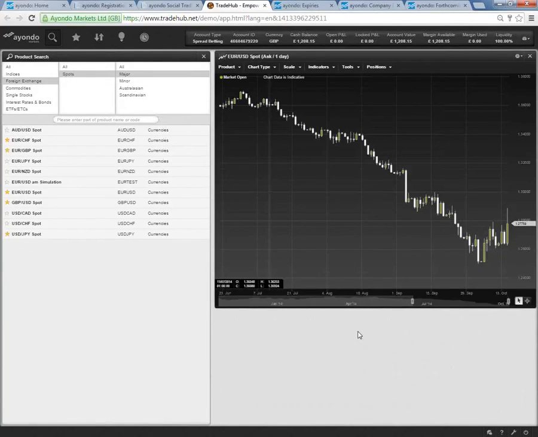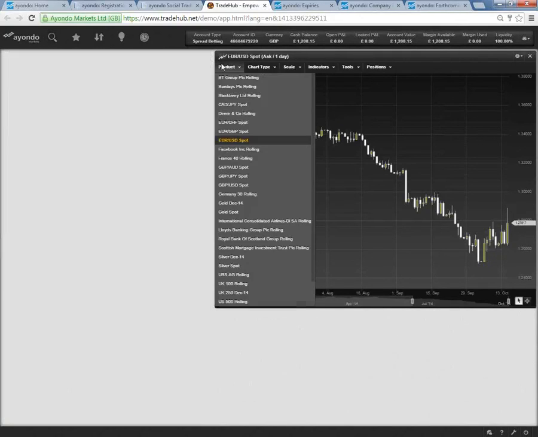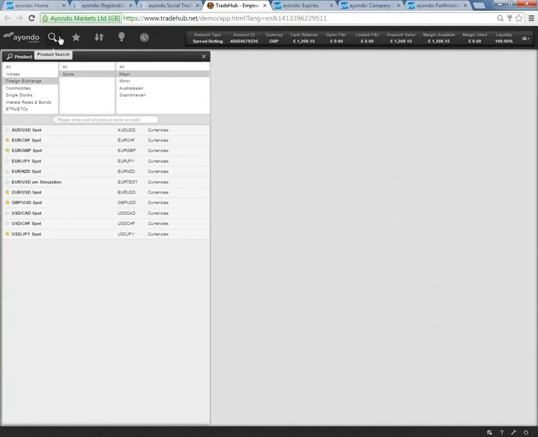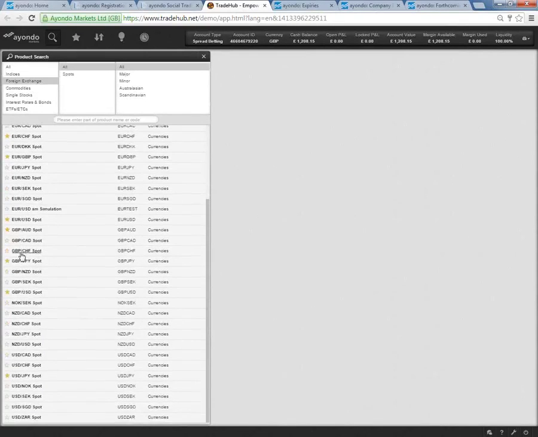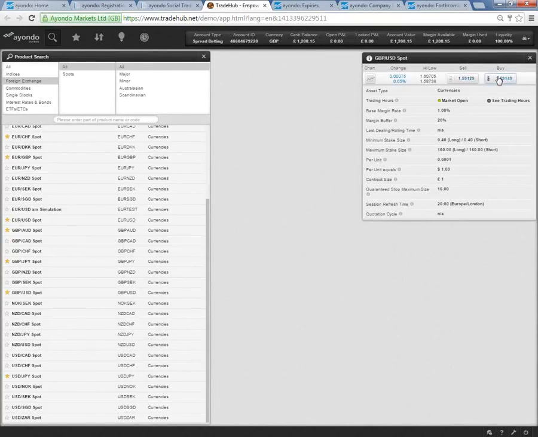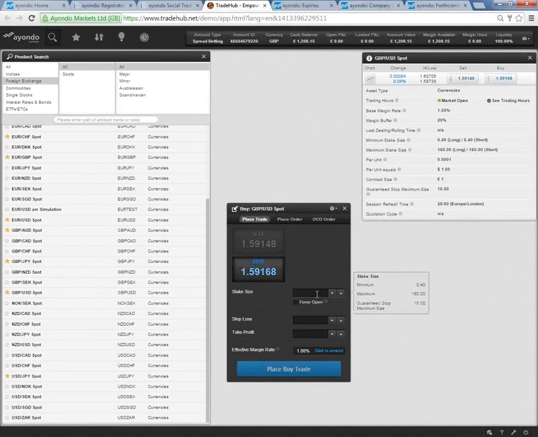Another question was in regards to working out the notional value of a trade. So you've got the ability on the platform to enter either stake size or alternatively the actual physical value of the trade. So if we were to go to GBP USD, bring up a deal ticket here, and from here we can either select the stake size. So at £1 a point would give the trade value of